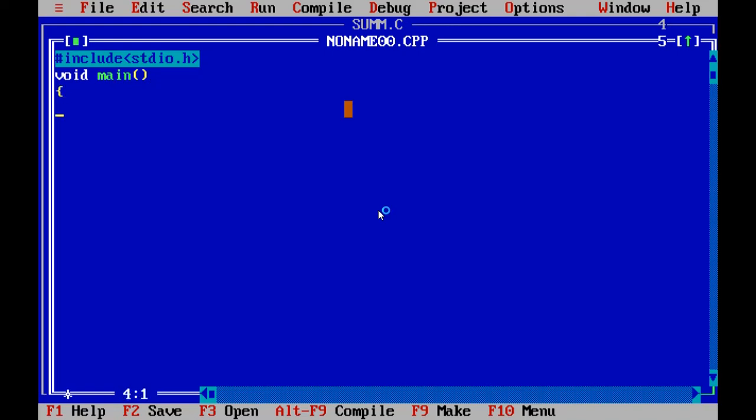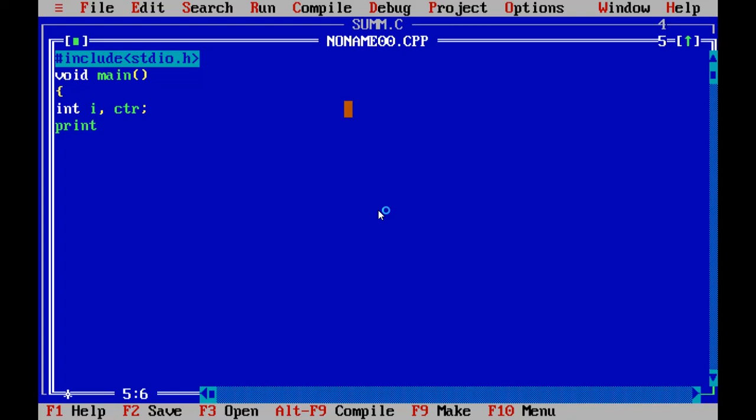The main function indicates the beginning of the C program. int i is a variable and ctr is a counting variable. We are declaring two variables.